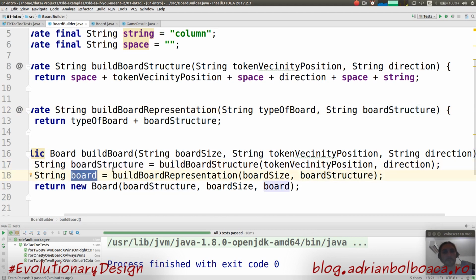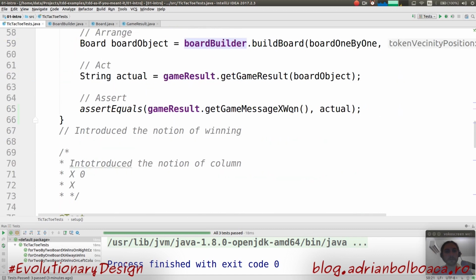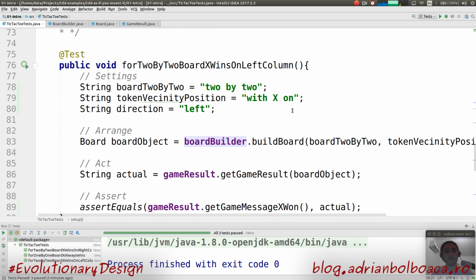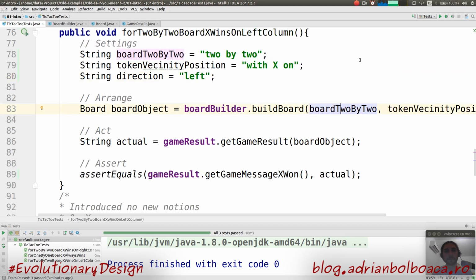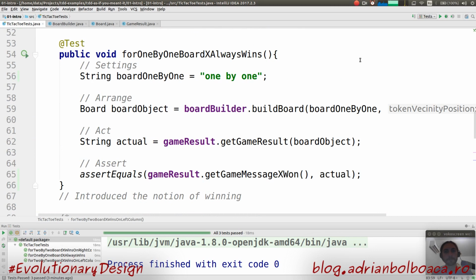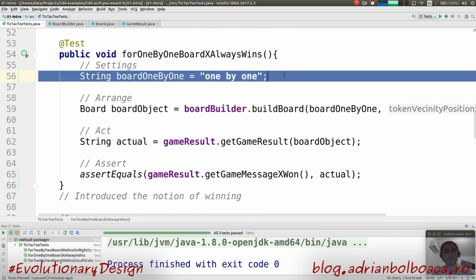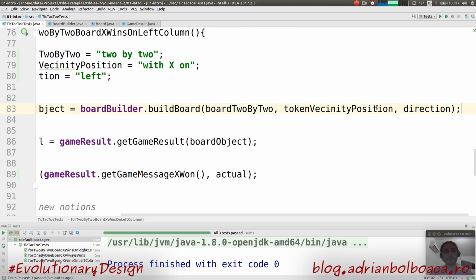Okay, now let's go back to the tests. I have these fields now, and the only thing that's really bothering me now is the fact that I have these like settings. They shouldn't be here, and I have them defined in some tests,